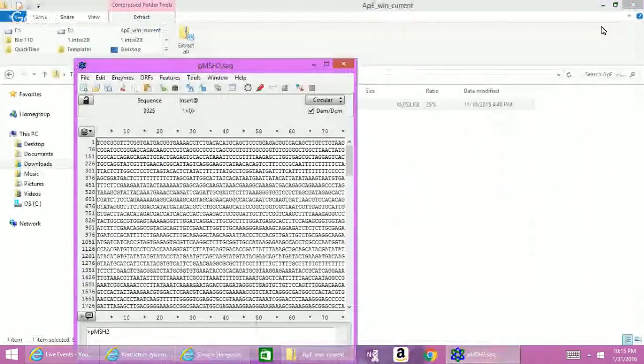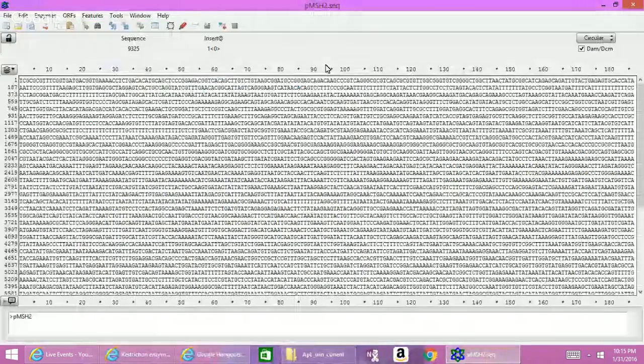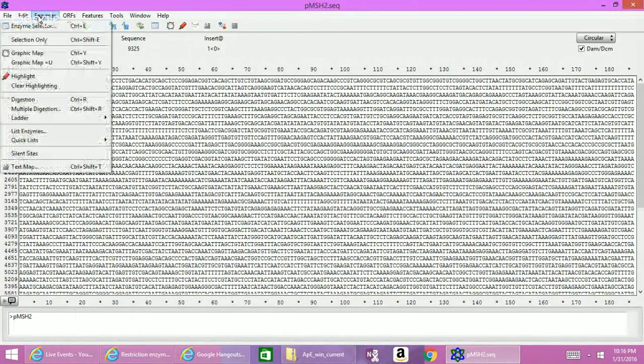Okay, as you can see, the sequence has popped up. So I'm just going to expand the screen. So what I'm going to do is create a comparison of two restriction enzymes, and I'm going to see basically how many nucleotides each enzyme will cut from this particular DNA, well, not DNA sequence, but MSH2 sequence. It's a gene sequence. So I'm going to start by clicking on enzyme,